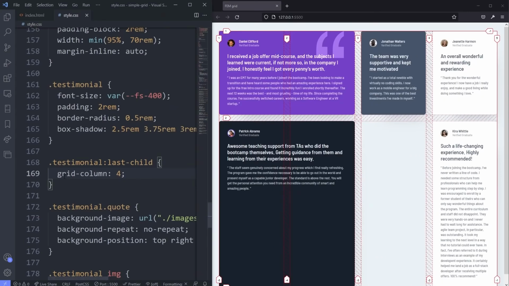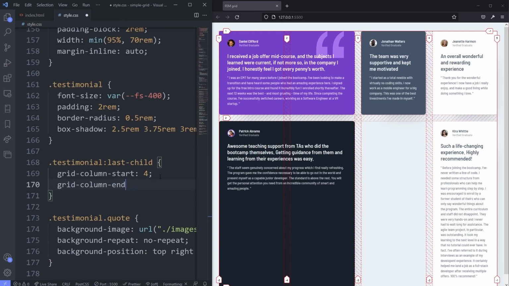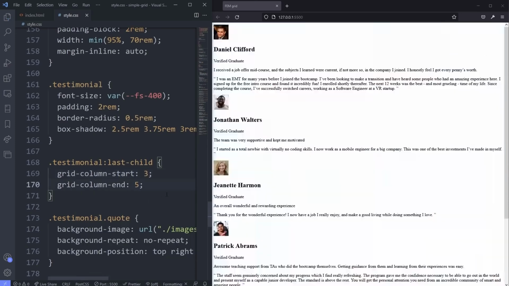What's happening? So grid column, as I mentioned, is a shorthand, and the shorthand is for grid column start and grid column end. And basically, if I just do a grid column like that, 4, it's just putting it as a grid column start, and it's not putting a grid column end, just because it doesn't even need to do that. And we don't really need a grid column end. But just for fun, I could put 3 here, and we could say the grid column start is at 3, and grid column end is at 5,